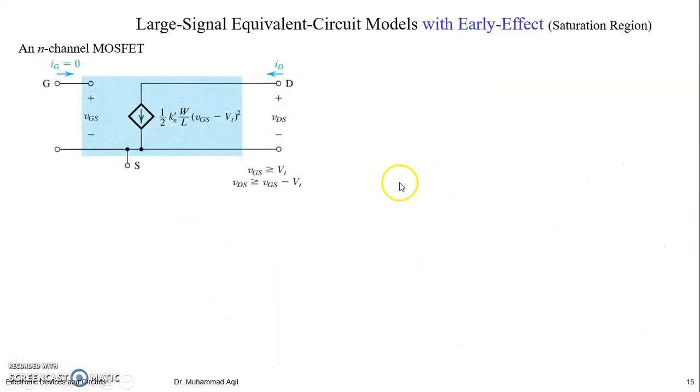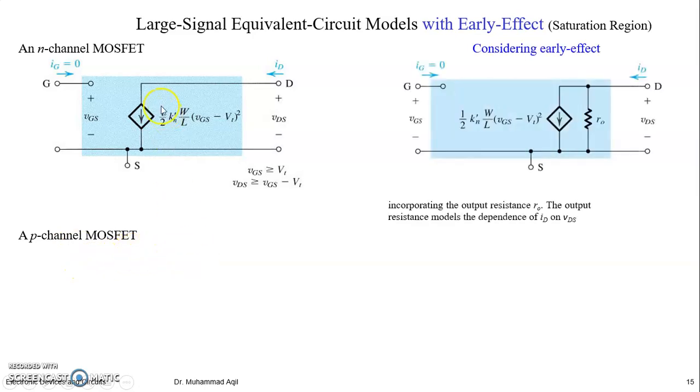Okay. So, the large signal equivalent circuit with early effect. This was an N-channel MOSFET without early effect, right? Introduced previously. How about the P-channel MOSFET? I told you, you have to do it yourself, right? And how about the N-channel MOSFET with early effect? You are having an Rout. And Rout is equal to what? VA by ID, right? So incorporating the output